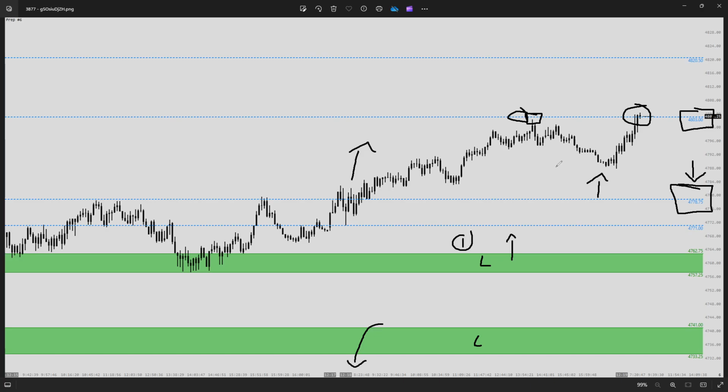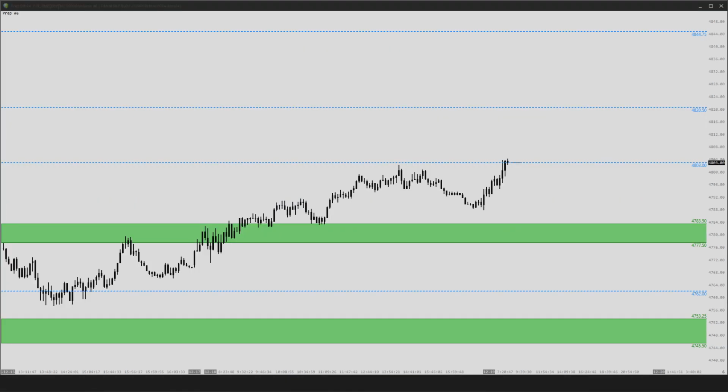Let's update our levels for today and take a look at what's going on. Okay, so here we are for today. A very similar layout to what we've been having for the last week or so. We have two lines in the sand. However, I'm going to add a little bit more color around this upper line in the sand. This upper line in the sand really, for me, is kind of the main driver for what's going on today. So this is going to be my main line in the sand overall. Scenario one is going to be that we remain bullish up above that line in the sand and continue to the upside, using these neutral areas as inflection points possible for targeting and continuation.